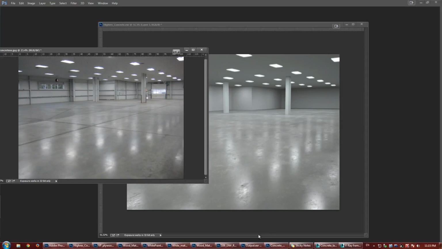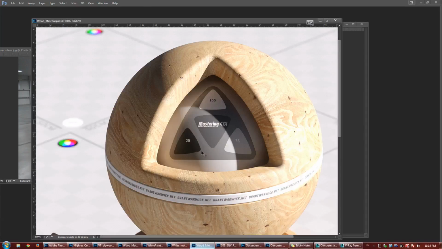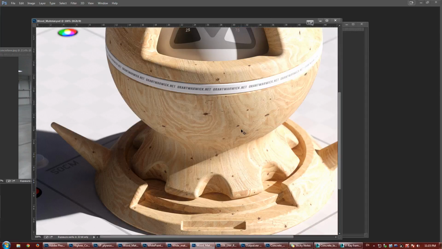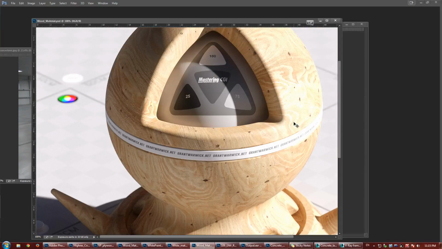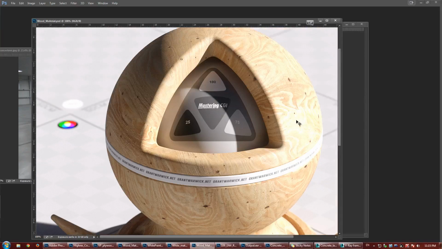So next thing on the list in this lesson, we're going to go in and create this wood material. Now, even though this looks really cool and I got a lot of positive feedback from it on the Facebook post, there's not actually a lot of effort that goes into creating something like this. So this texture was